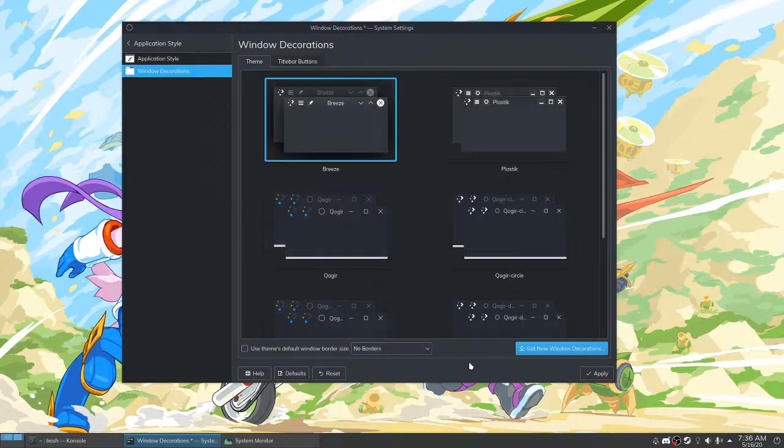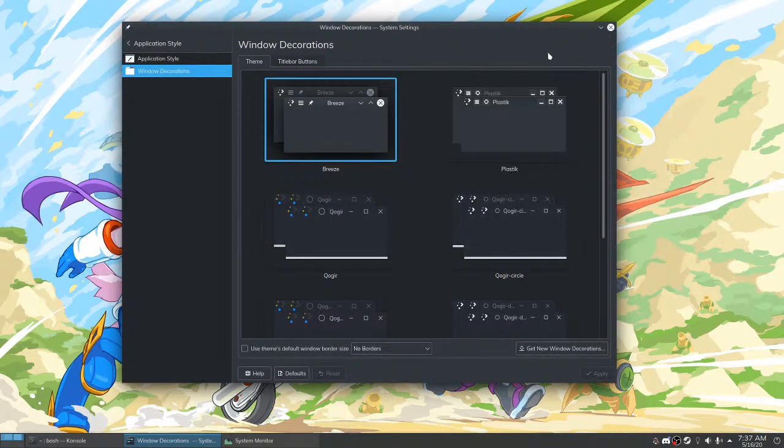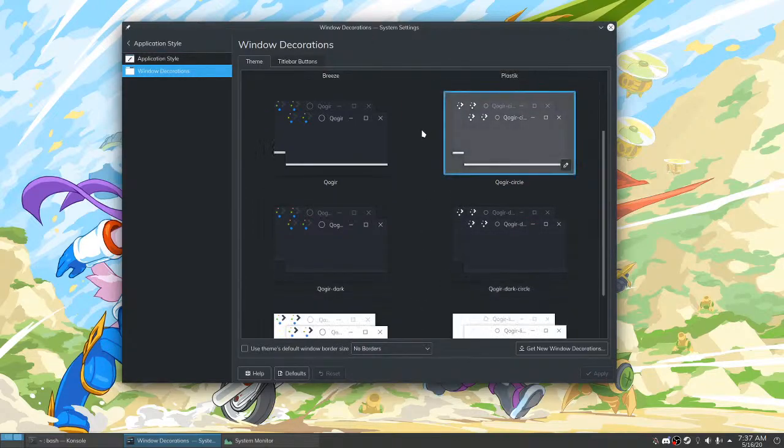So the Breeze decorations are kind of dated. One of the things that stands out to me, and I don't know if you guys can see it, is that there is this dark line right here that starts at the bottom of the title and goes all the way across to these decorations. I don't know what that is, but I hate it and it shouldn't be there. And I've never really liked these decorations very much anyway, so I get rid of them.